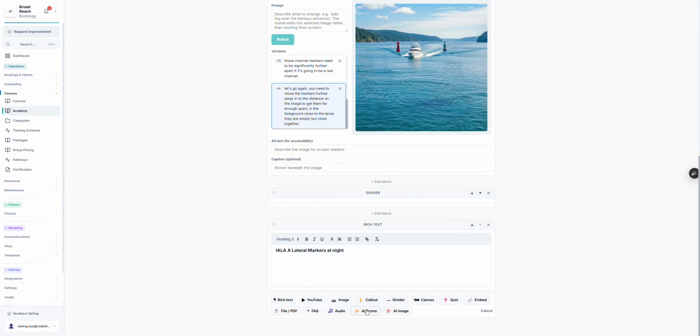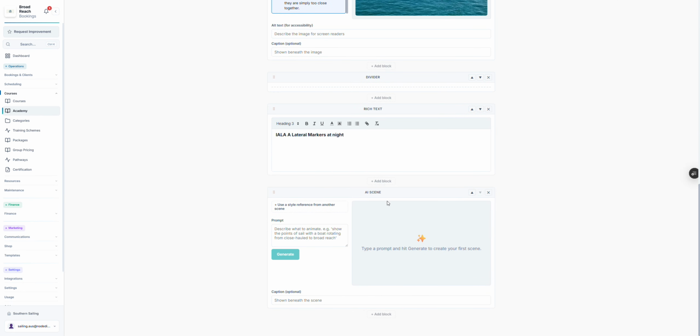And I'm going to use an AI scene for this. I'll show you how this works. So I'm going to say, please generate the IALA A lateral markers, marking a channel at night, schematic view,